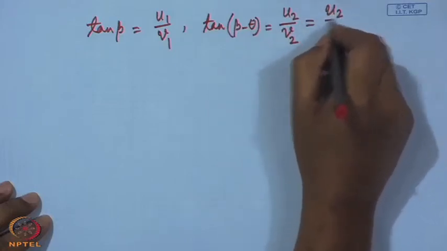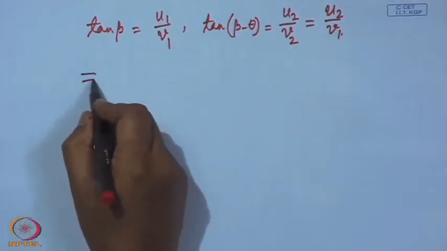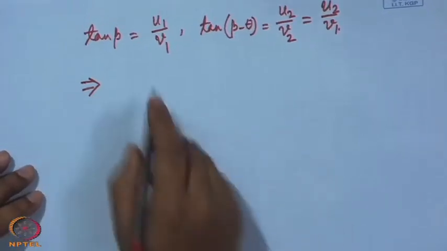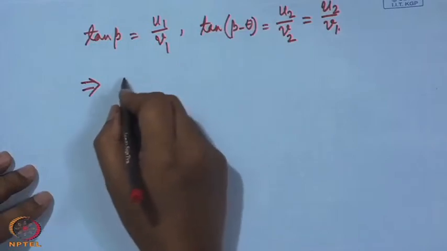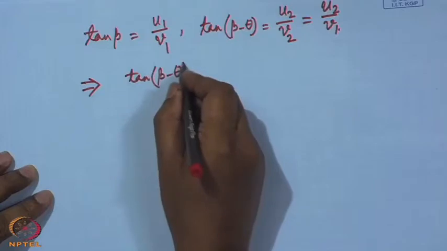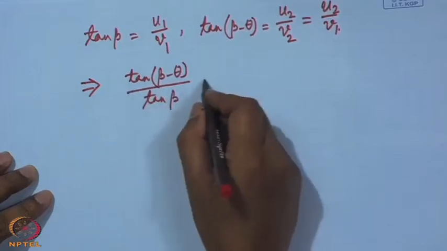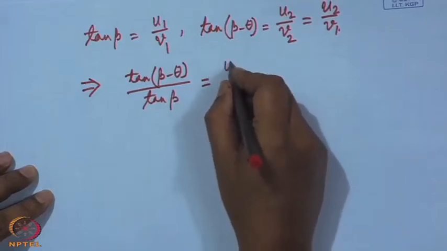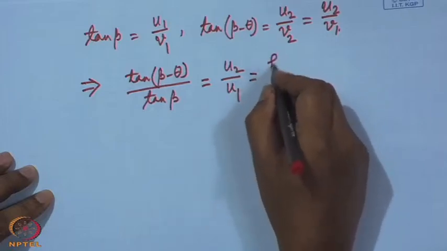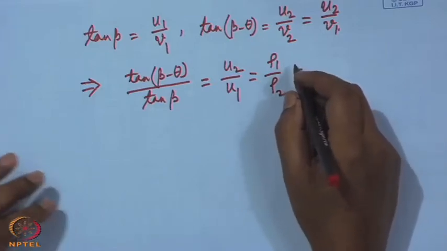So, this is u 2 by v 1, and consequently, we get tan beta minus theta by tan beta equal to u 2 by u 1, or equal to rho 1 by rho 2, and this rho 1 by rho 2 we have already written as